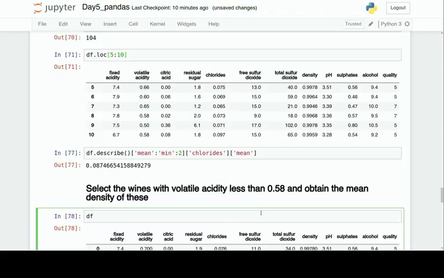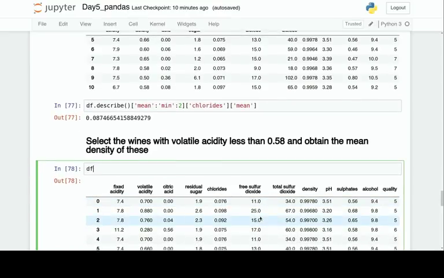So I gave a bit of a hint, but I didn't explicitly show you how to do this before I gave you the problem. You can do Boolean indexes in the same way you can with NumPy on Pandas objects, in particular with series objects. So if I select a column like volatile acidity,